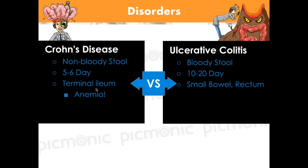So when you get inflammation of that, and then you're just constantly having these 10 to 20 stools per day, you stool a lot. I mean, I couldn't even imagine going to the bathroom 10 to 20 times per day. But if you had to, this is ulcerative colitis. And they have exacerbations of this, right? And we know that exacerbations of both of these often are exacerbated by food, which we're going to talk about